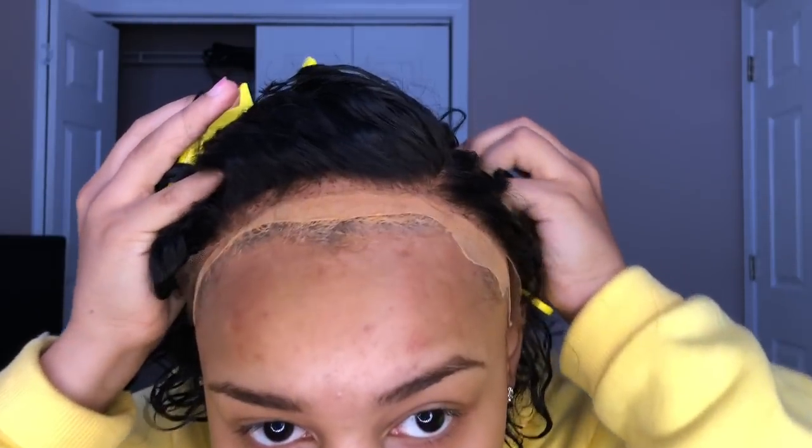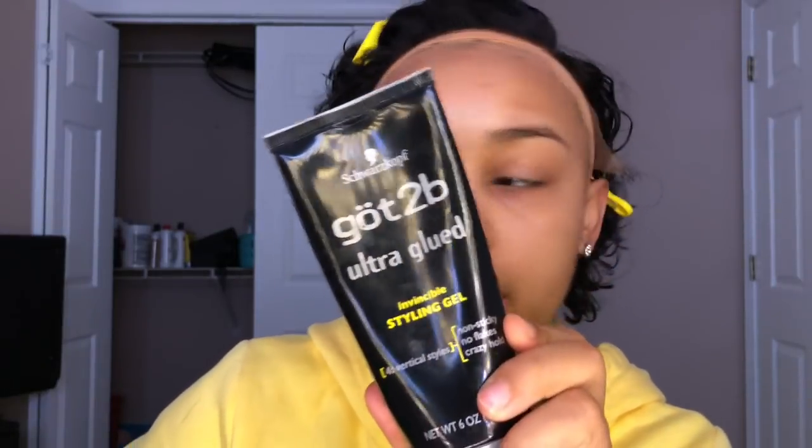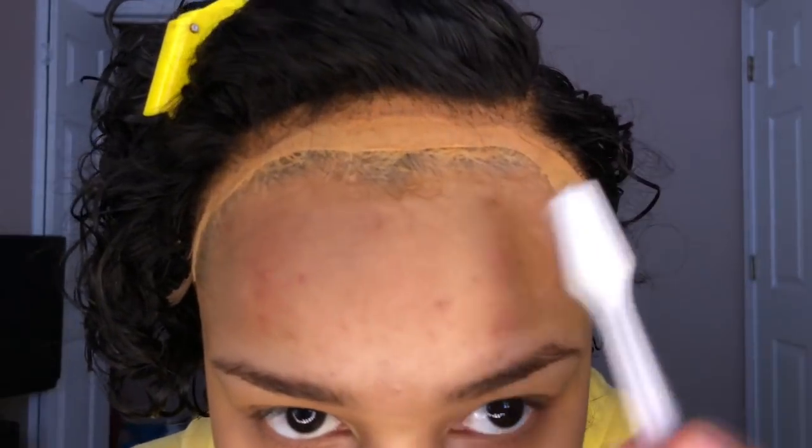Now you're gonna pull your wig back just a little bit and make sure you don't have any hair in the way. Pull all your hair back. And then I'm going to be using the Got to Be Glued. I use the black bottle. I don't like getting the glue on my hands, so I use my little spatula. So I get about like this much, and then you just